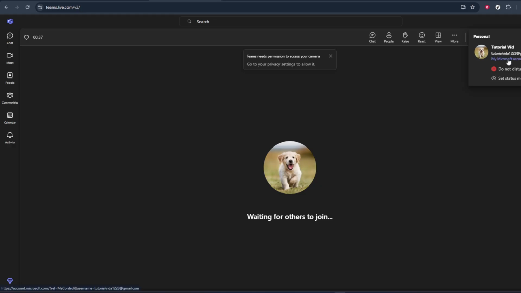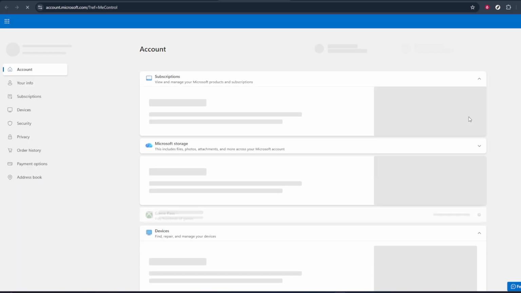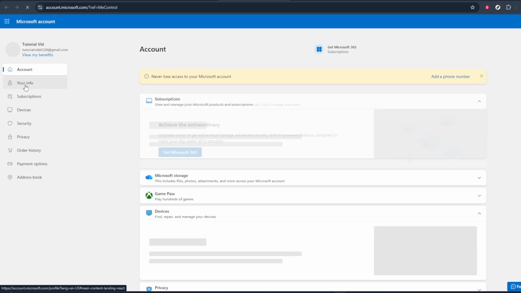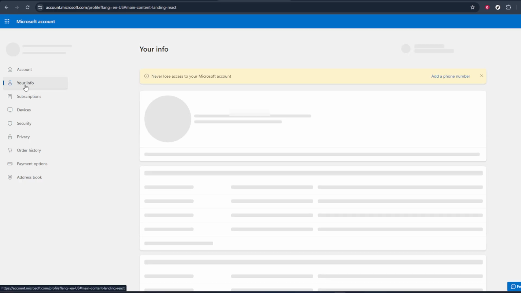In the menu that appears, look for the option that says My Microsoft Account. This is important because your profile name in Teams is pulled directly from your Microsoft account details. Click on My Microsoft Account, and it will open a new tab in your browser, taking you to the main account dashboard. On the Microsoft account page, you'll see several sections and options related to your subscription, security, and personal